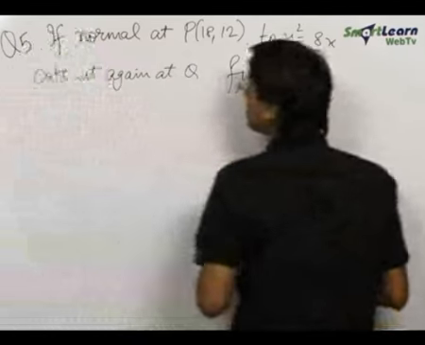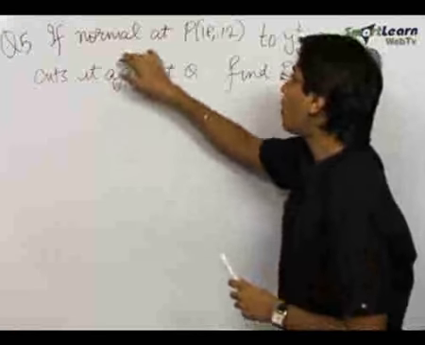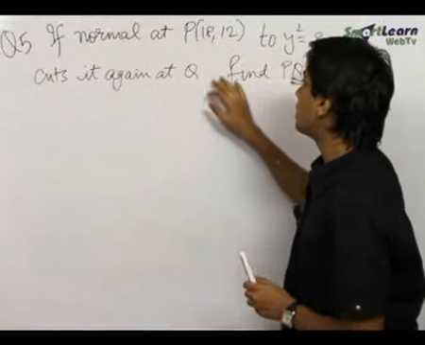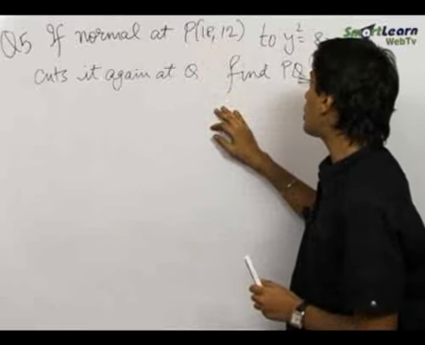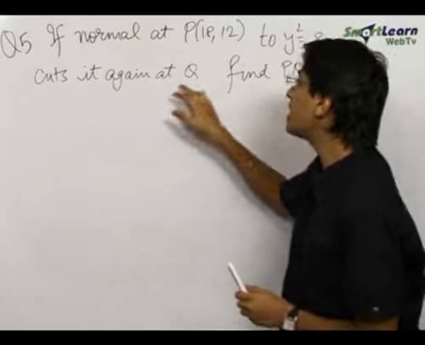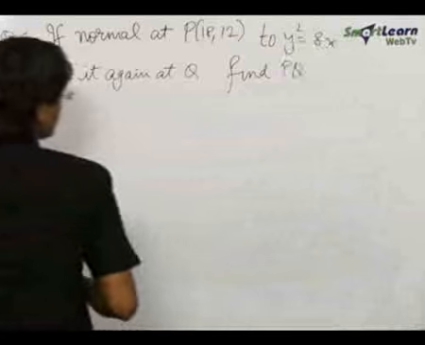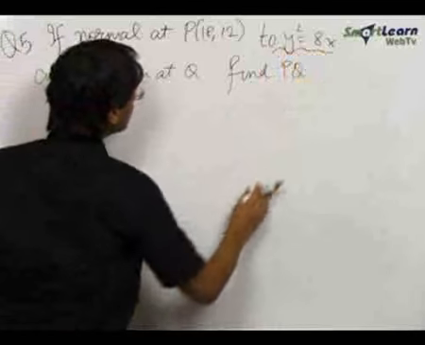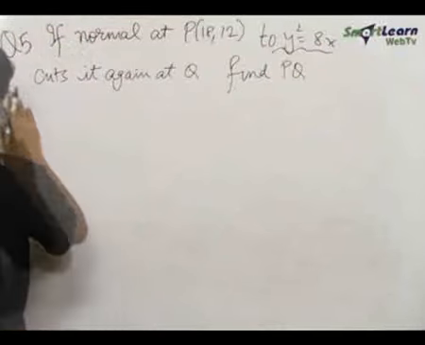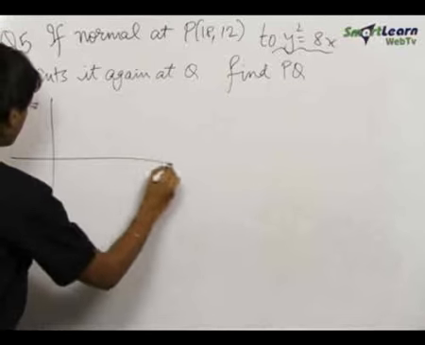In our next problem, we are given that if a normal to the parabola at point P, which is (18, 12), cuts it again at Q, then we need to find the length of PQ. Our parabola is given to be y² = 8x. Starting by drawing the figure,